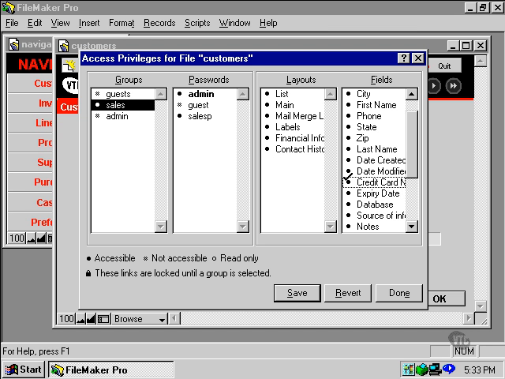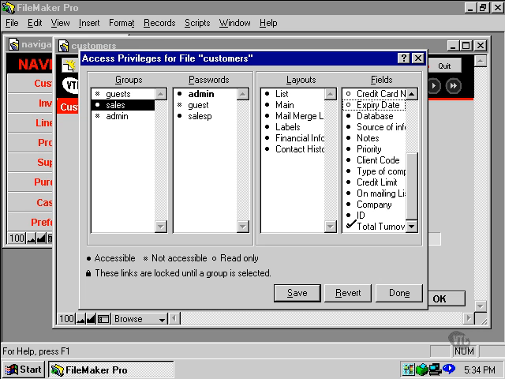Say we didn't want them to change the credit card information, so we can just click on these so that they're read, but you couldn't edit them. Let's say I wanted to hide the total turnover. I'll just click on this twice until it's not accessible. Once I've finished again, click Save. So I've finished here, click Done,